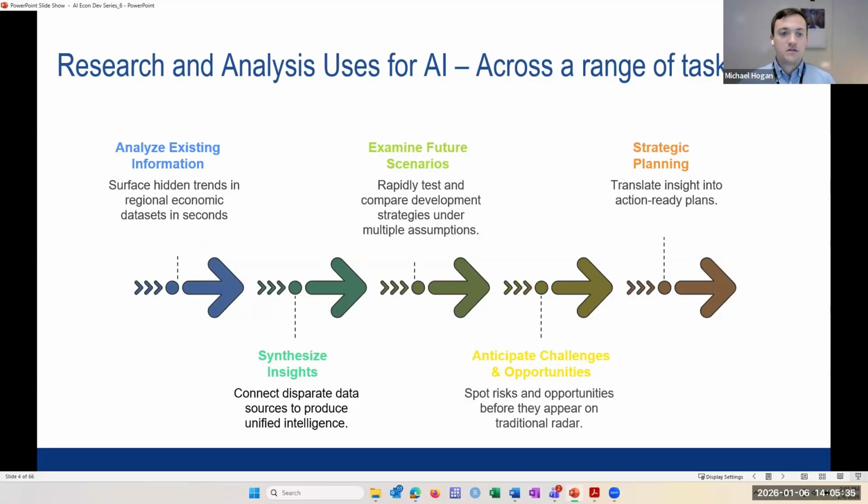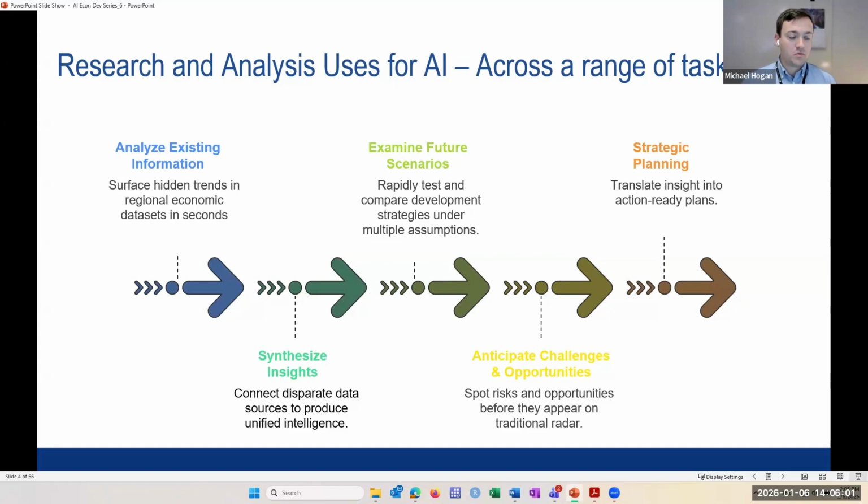From that initial analysis, finding those trends and those data sets, to synthesizing those insights and starting to connect some of those disparate data sources, helping us to examine and understand some future scenarios and compare different strategies, anticipate some challenges and opportunities, and then to turn some of that insight into content for action-ready plans.